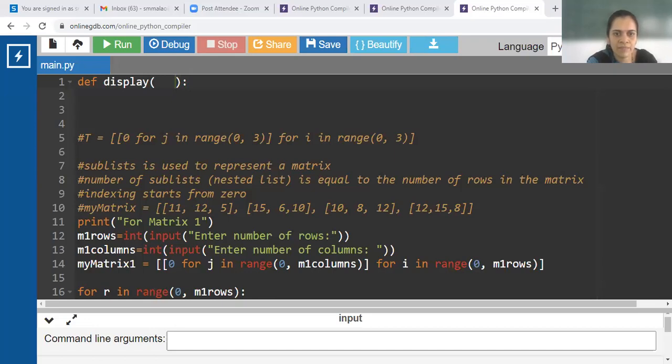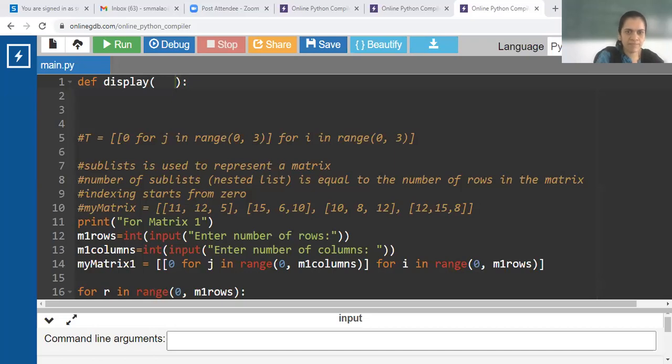I will cut it from here, paste it inside a display function, maintain proper indentation, and then call this display function over here.